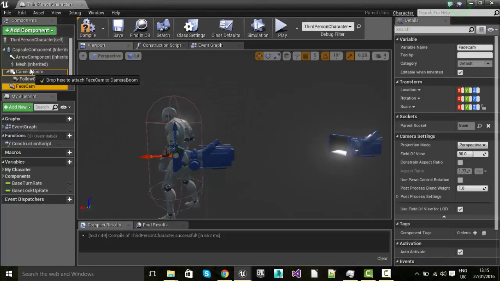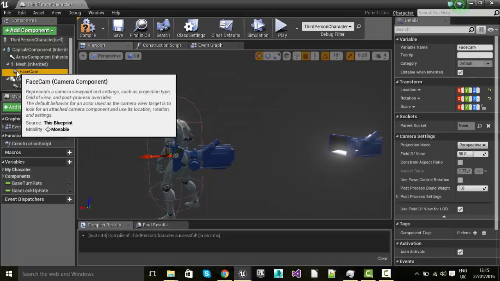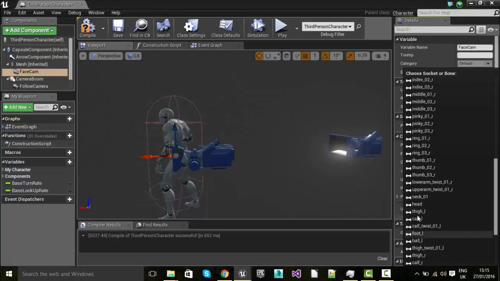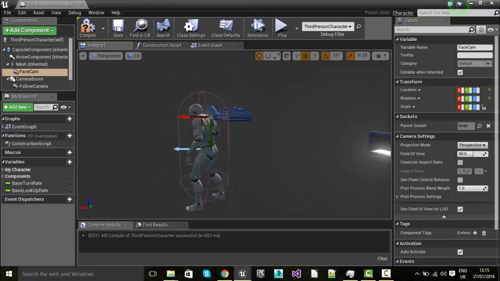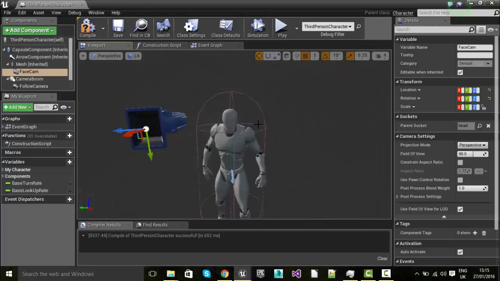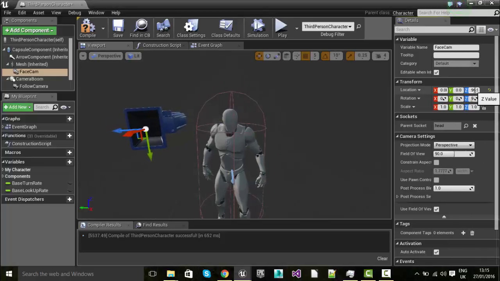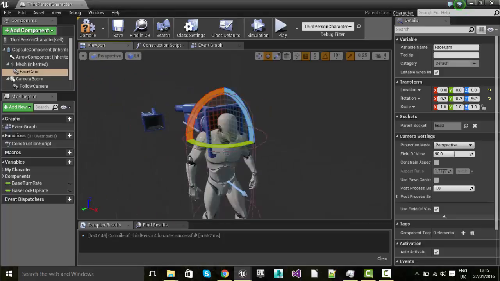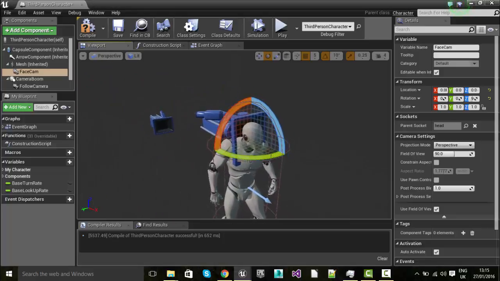Okay, and we're just going to pull that up into the mesh. That's fine. And then we're going to change the parent socket in the details panel to head, because we want this to be stuck to the player's head and we want it to be in that position. And you can see that it's actually moved the camera into a funky weird position, so I'm just going to reset that back to 0, and then I'm going to select the camera and rotate it as well. And you want it so that the little thingy is sticking up and to the right hand side,